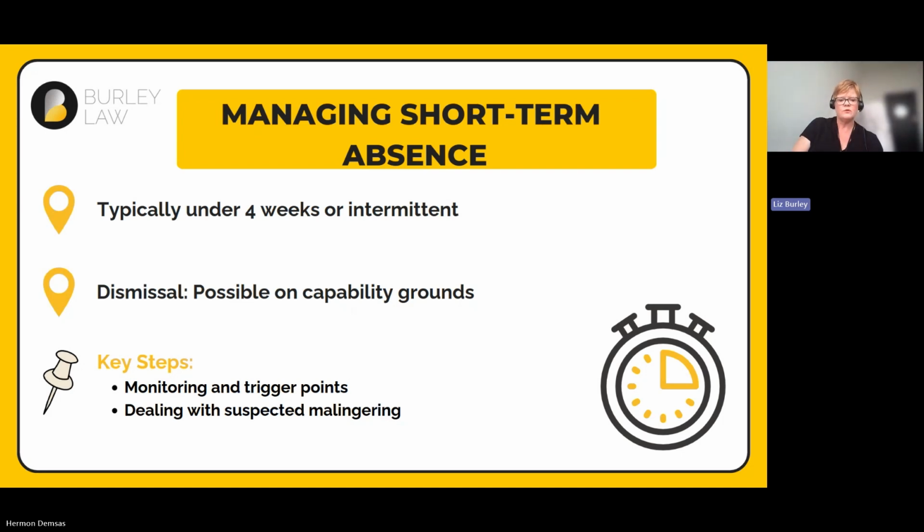Again, making sure that your employees understand the triggers is key, and monitoring is key. You're looking for patterns sometimes of short-term absence. So what is the pattern? Is it some same day every month? Is it around a particular event that might be happening, or a customer demand or pressurized time in the business? Is it something that's happening in the employee's personal life, their personal situation, their personal health, that's affecting the cycle